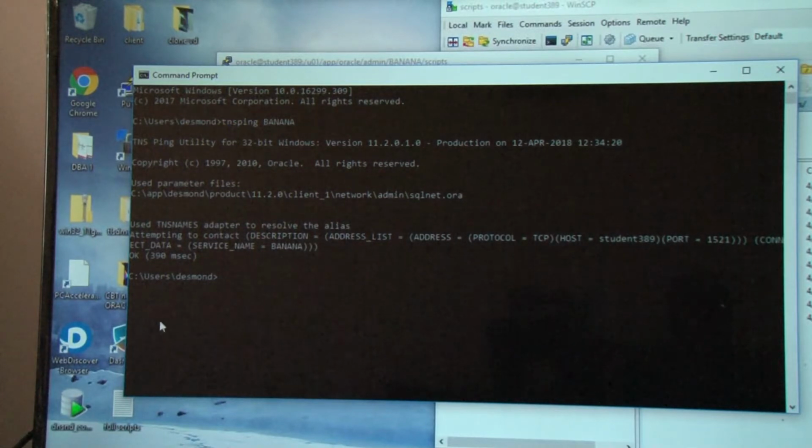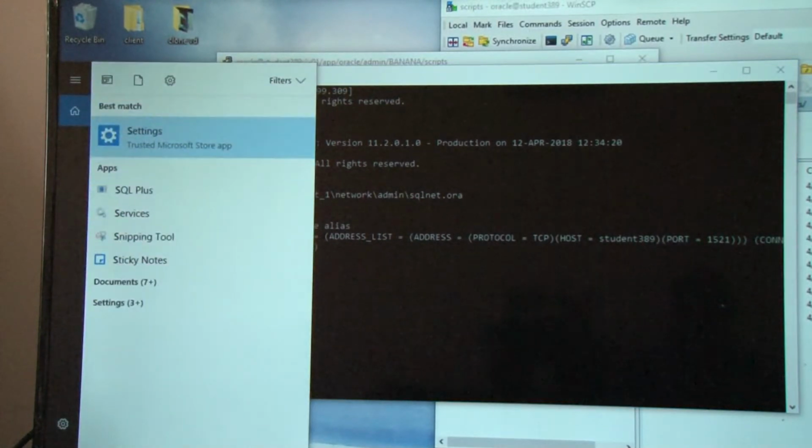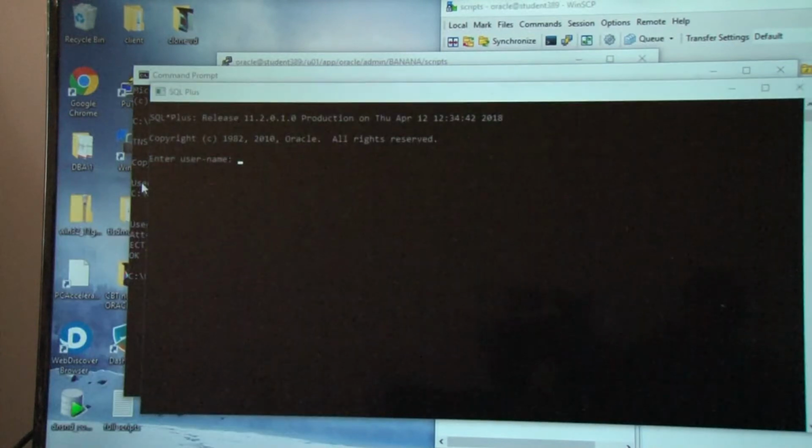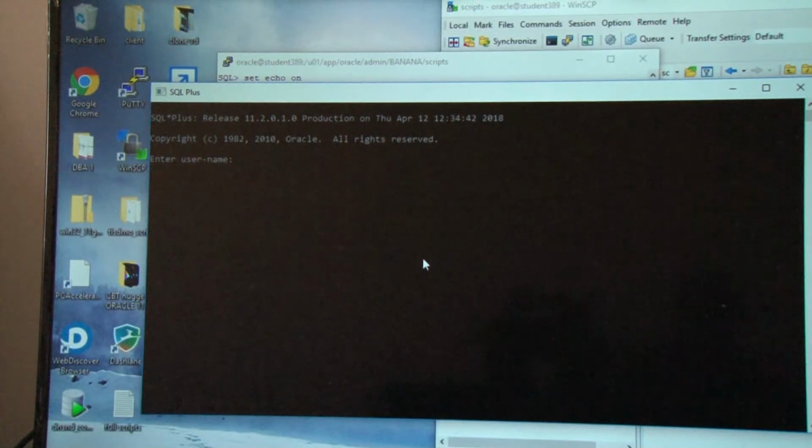After that, tnsping, space, the name of the database, enter. After that, you want to click on SQL Plus. When you click on SQL Plus, it's going to ask you something like enter your username. So in my case, I'll put my username, and this is the username right here. You click on SQL Plus and it asks you for your username. So in my case, I'll put my username, which is